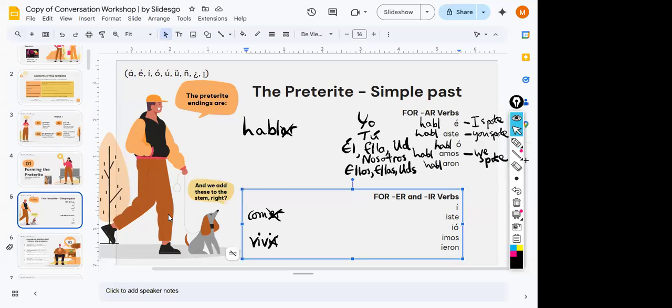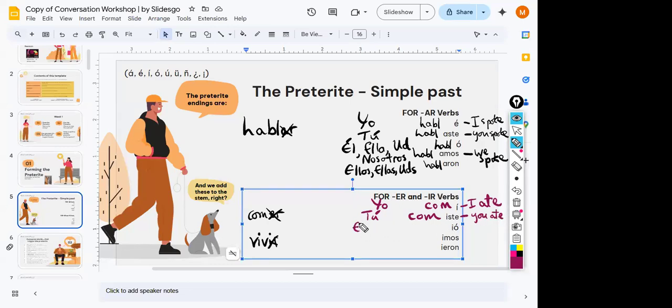Okay, ER and IR. So this should be revision for most of us, I think, right? So we're going to spend a few more minutes on this slide, and then we'll get into more practice with it, right? But everybody should have this note. Okay, so comí, I ate, right? So this is the yo form. For the tú form, comiste, you ate,